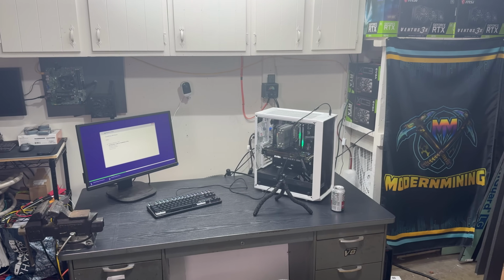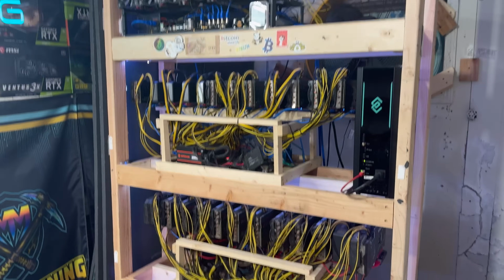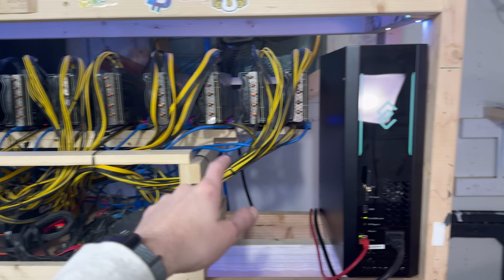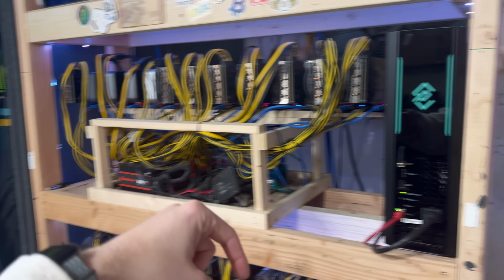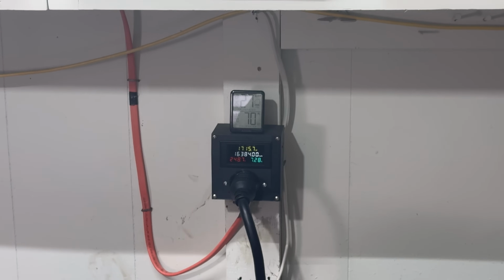While that's doing its thing, I'll give you guys a quick rundown of what's going on with the rest of the mining farm. So everything is still off besides one rig mining Zealous, and then my DG Home 1 ASIC miner from Crypto Miner Bros, link to that down below. Those are the only things that are running still, and we are looking at